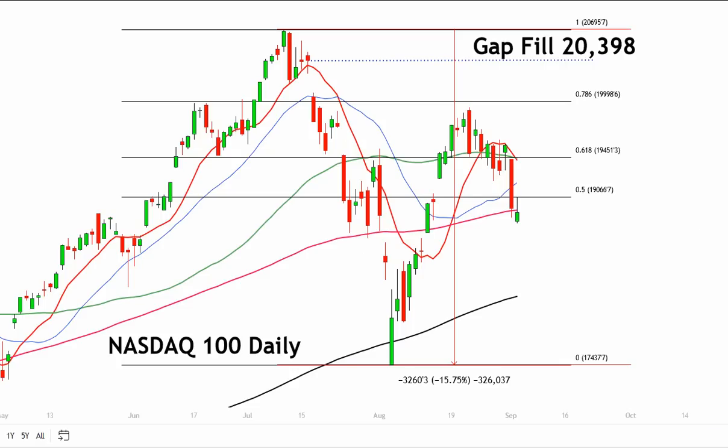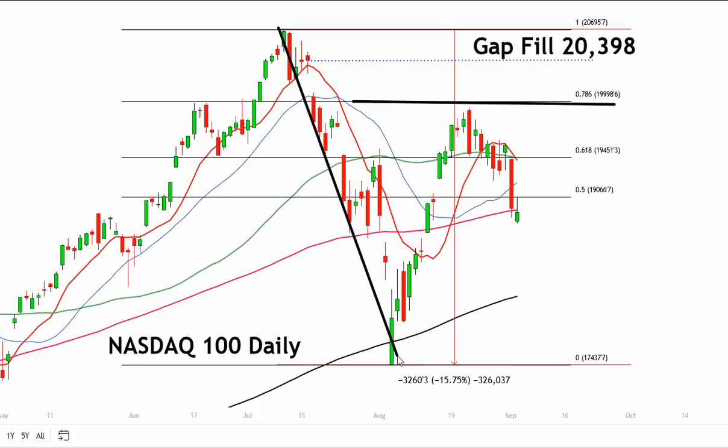NASDAQ stalled at just under the 78.6 Fibonacci of this decline of 15.75%. You got a possible inverted hammer again. I've talked about at great length and detail. Momentum signals remain bearish. As long as we hold above the 10 and it's curling over here, you could see,